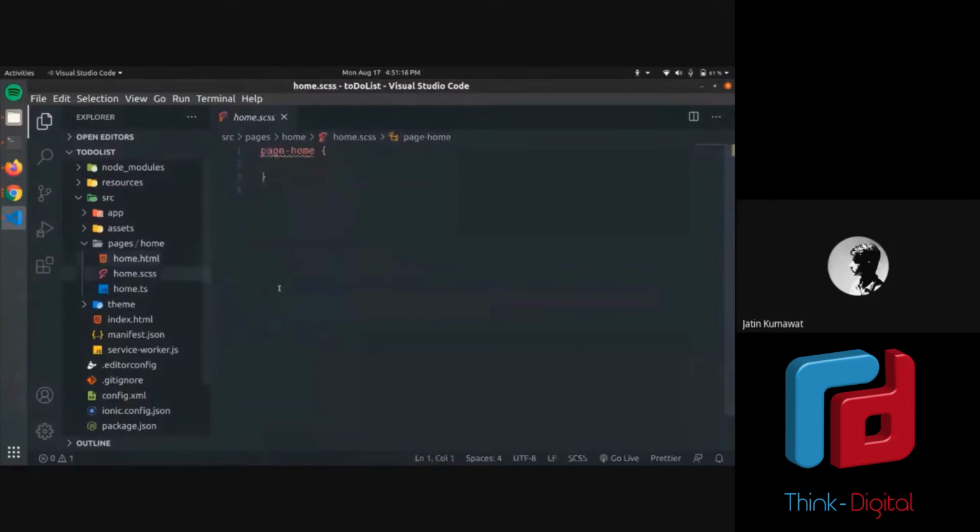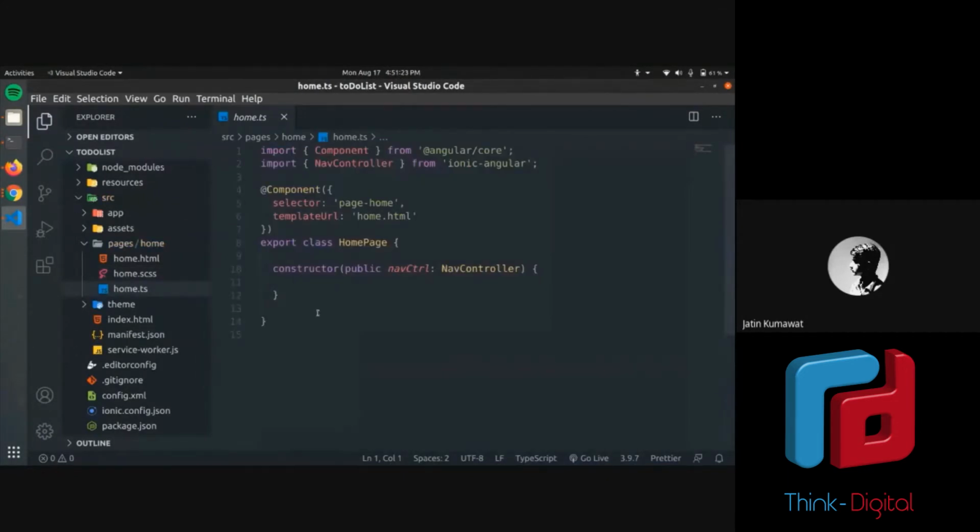Then we have the .scss file. As I told earlier, it is used to style the page. Then the TypeScript .ts file. This is what makes your page a bit more interactive. Like in web development, you use JavaScript to make a page come alive. So if you click on a button, it redirects to a different page or something. That is done by JavaScript at the back. JavaScript code is not visible to the user. Only HTML and CSS are visible. Not the code, but the result. So JavaScript will function at the back.